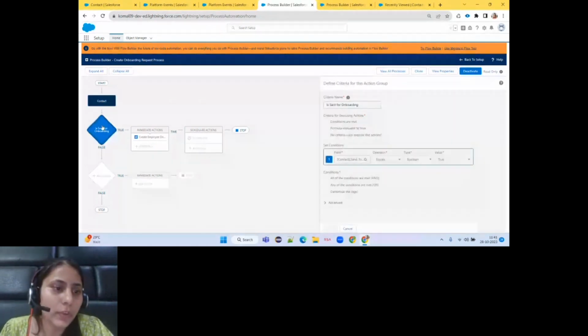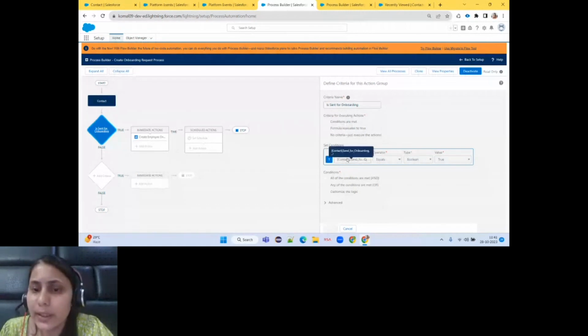Next step is to choose the condition, the acceptance criteria that we will define here. I have given the criteria name, Sent for Onboarding, and for the criteria for executing actions, I want all my conditions to be met. In the condition itself, you can see I have used the custom field Sent for Onboarding of the Contact object, and I want it to be true.